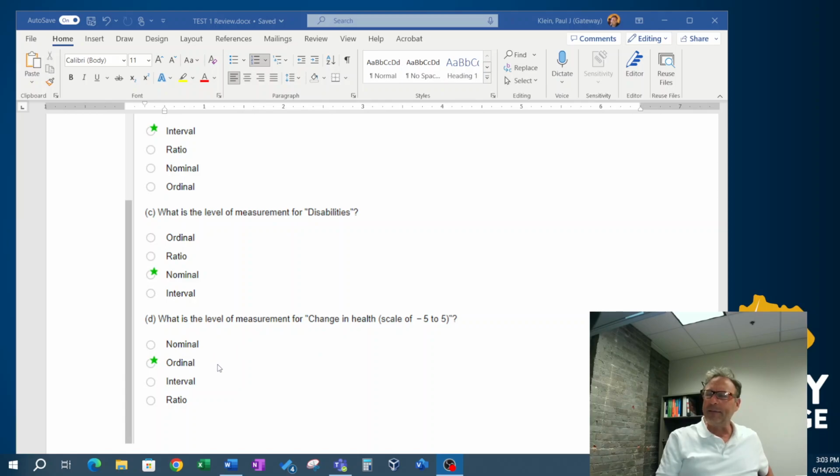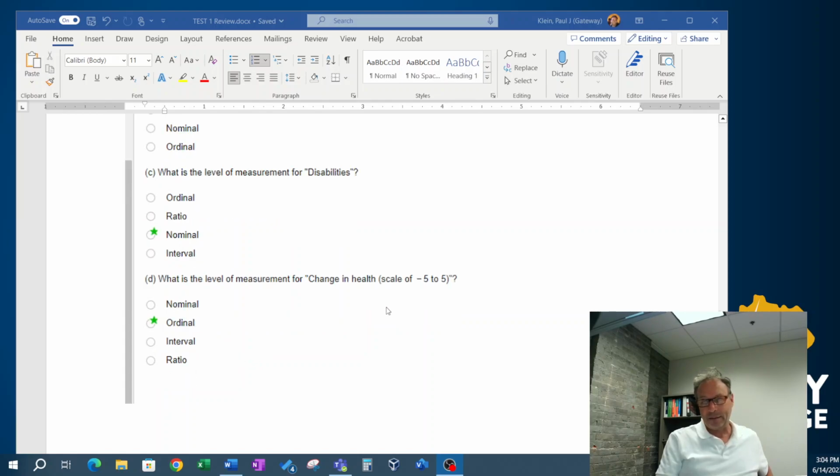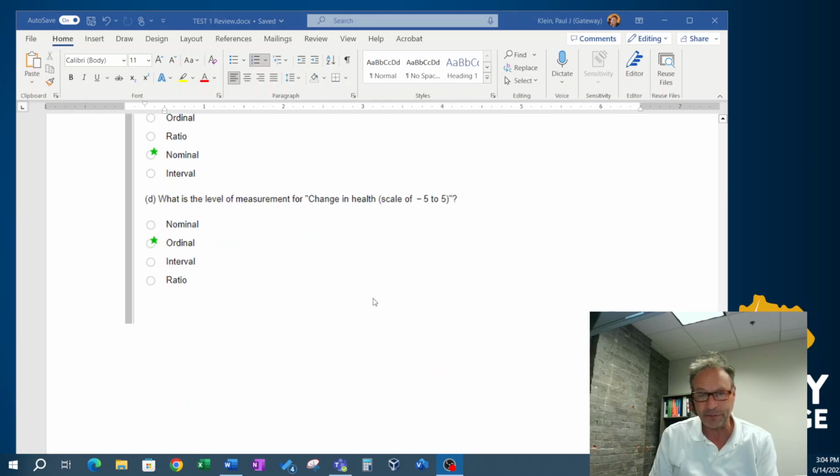I would say anything like good, better, best, or like strongly disagree to agree, or the top 5 movies. Those kinds of things are ordinal data. You can't really do any mathematics to them. To tell you the truth, there's a little debate about ordinal data and how you can use it to calculate things. But anyway, for the most part, if it's a scale,